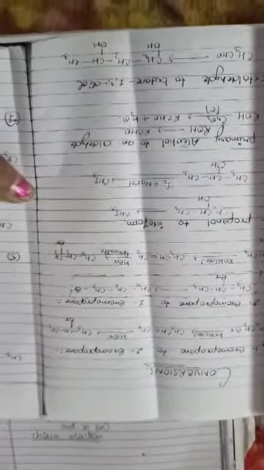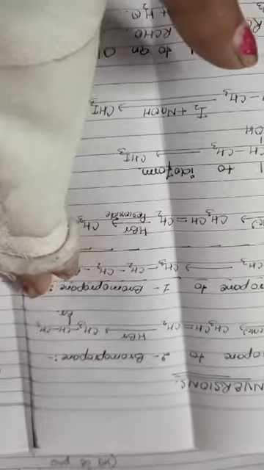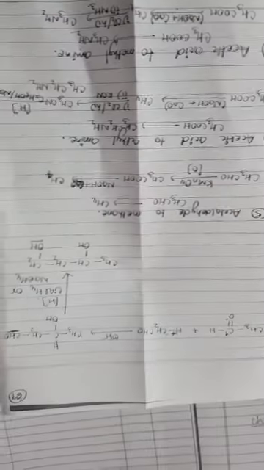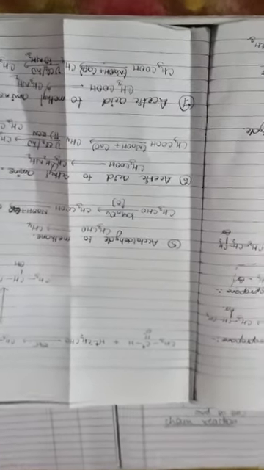Already, first is 1-bromopropane to 2-bromopropane. So here what we have done: CH3CH2CH2Br in the presence of KOH forms CH3CH=CH2, then HBr gives CH3CHBrCH3. So you see the conversion, I have already completed these conversions, and these are conversions of the amine group. So that's why I'm saying learn these conversions. Okay, after this more conversions are there.